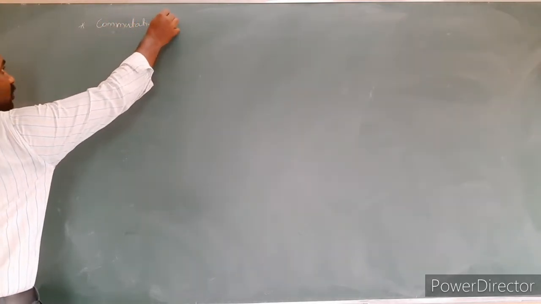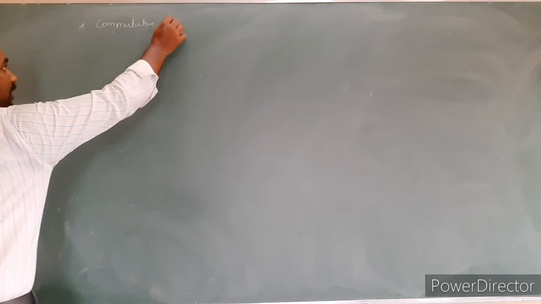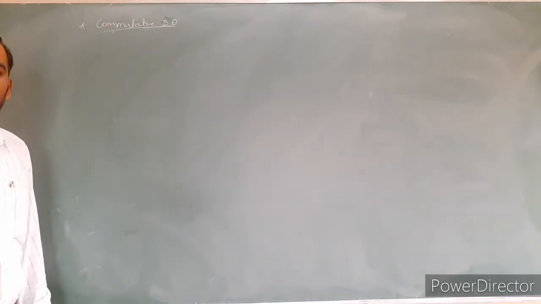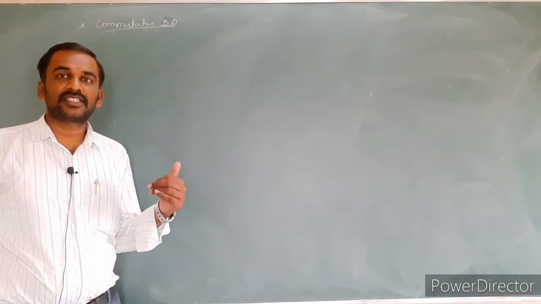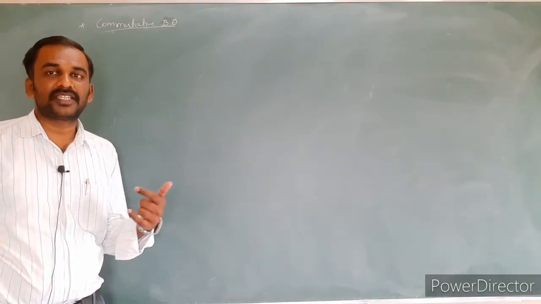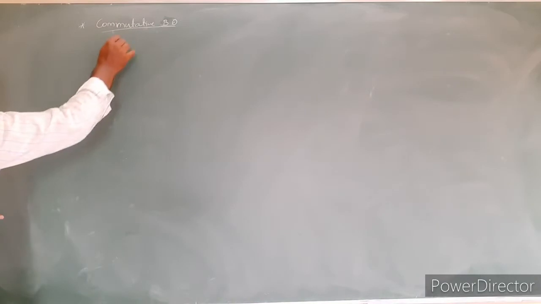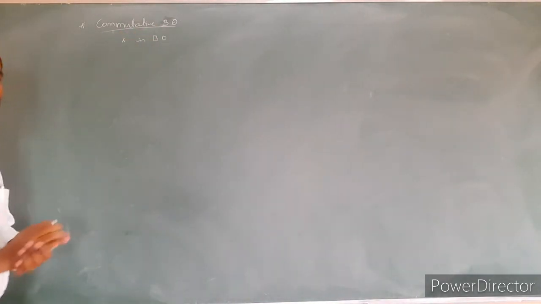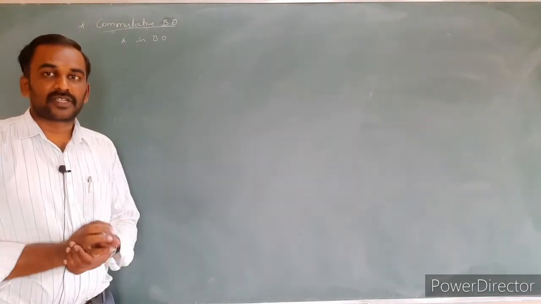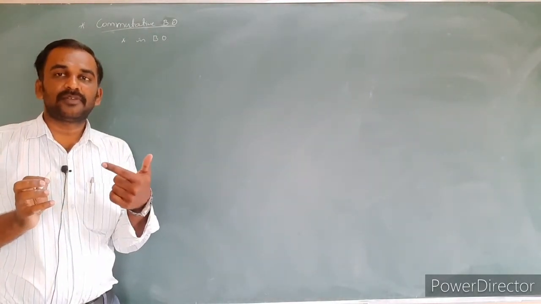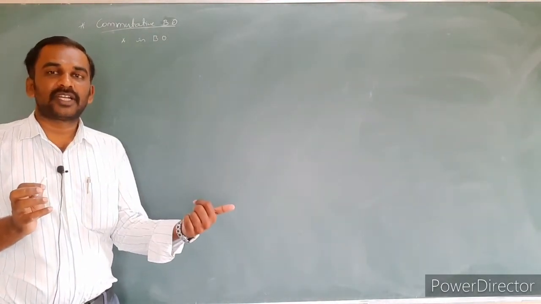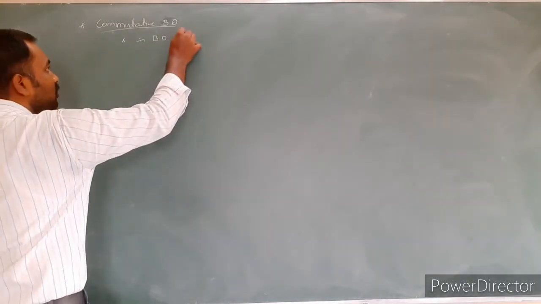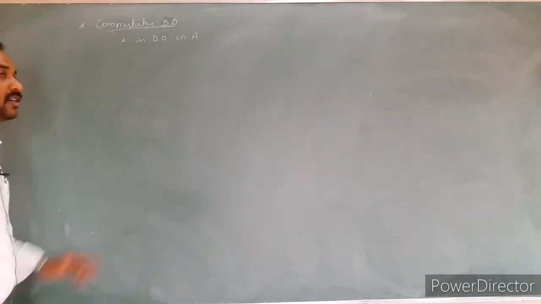commutative law or commutative binary operation. What is the commutative binary operation? Already you know that commutative law. Here I am just pronouncing a slightly different word, that is commutative binary operation. Okay. First of all, star should be a binary operation, because if you operate any two elements, the resultant number should belong to the particular set. Star is a binary operation on the set A.